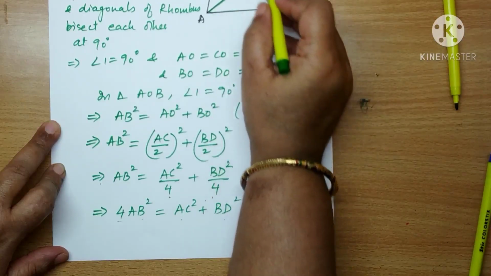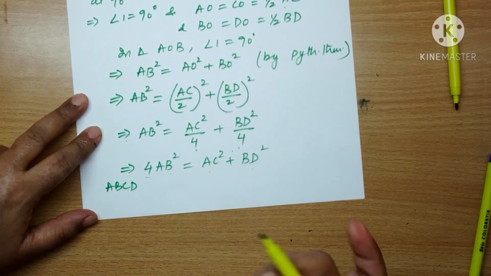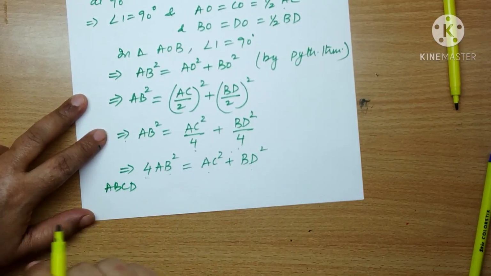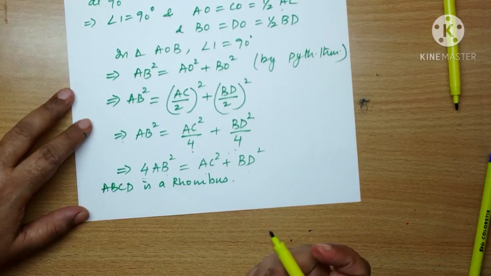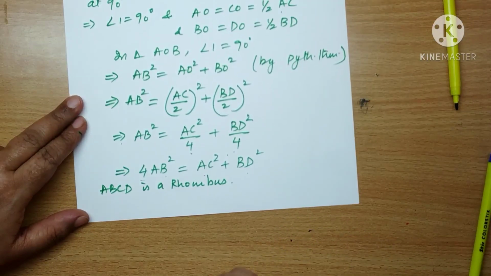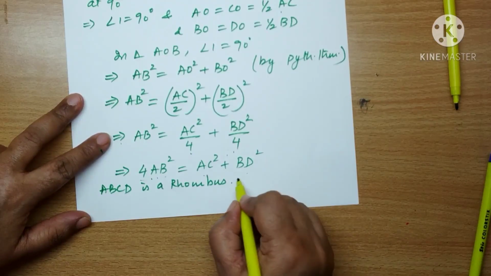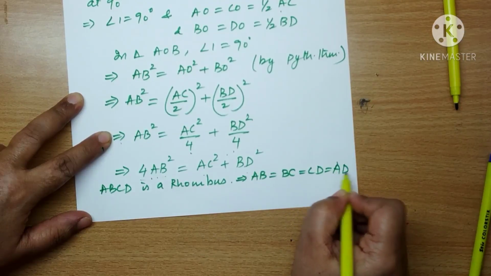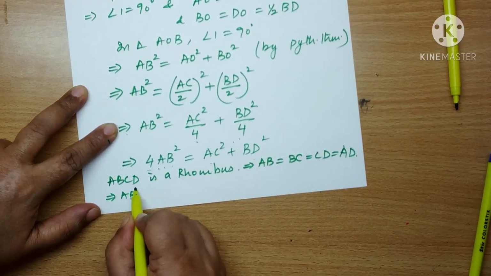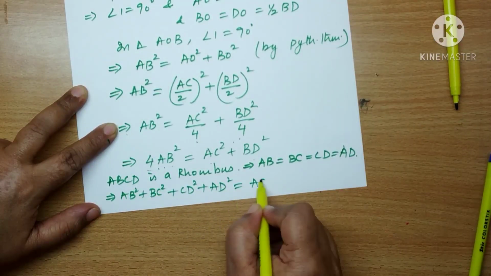But I had to prove it with AB, BC, CD, DA. So ABCD is a rhombus. Go back to look at what is given. What was given? ABCD is a rhombus. And what do you know about a rhombus? What is the special property of the rhombus? All sides equal and diagonals bisect each other at 90 degree. The diagonals property we have already used. Now I am looking for a relation in the sides of a rhombus, and in a rhombus we know all the sides are equal. So we will use this now, the all sides equal relation. So this gives me AB square plus BC square plus CD square plus AD square equal to.